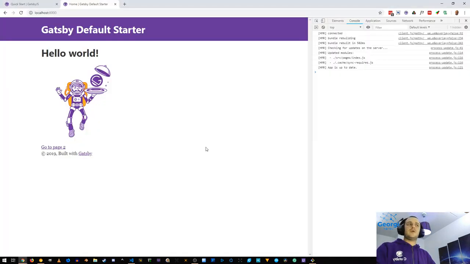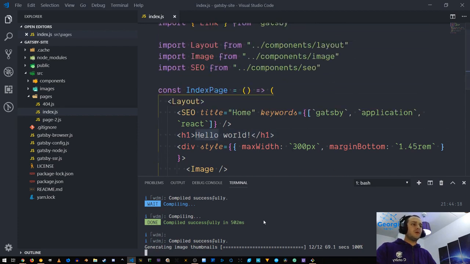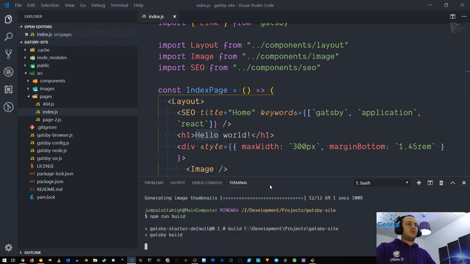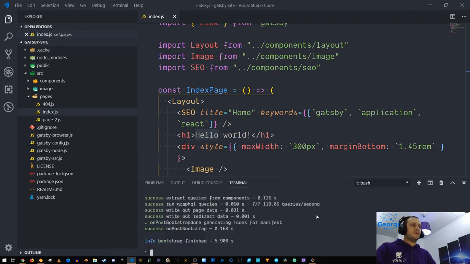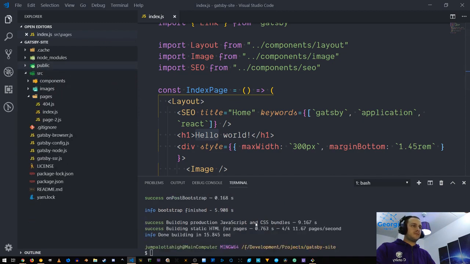You could just save the file, and that's gonna re-render the whole page, or rather Webpack is gonna handle that with hot module reloading. But here we are, and so now what we can do is run npm run build to build a production version of our project. And the output for that is gonna come out here under the public directory. So now that that's ready,